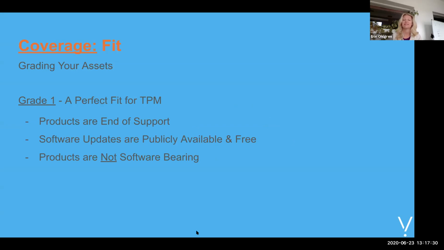Sure. Another grade 1 device is something that might be not software bearing. So in Cisco land, again, take, for example, the ASR line, where Cisco will sell individual SmartNet contracts for all of the blades, when in fact it might just be that they're Ethernet or fiber blades. They don't hold any intelligence. It doesn't really make sense to pay a premium for SmartNet when Cisco's not developing software for that blade. So again, that would be a perfect fit for third-party maintenance.